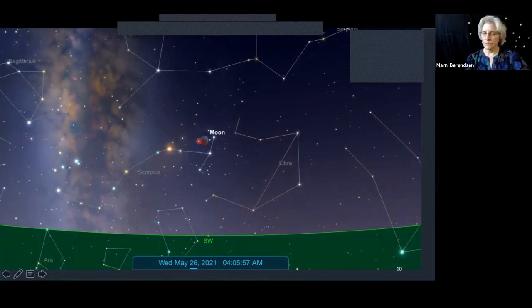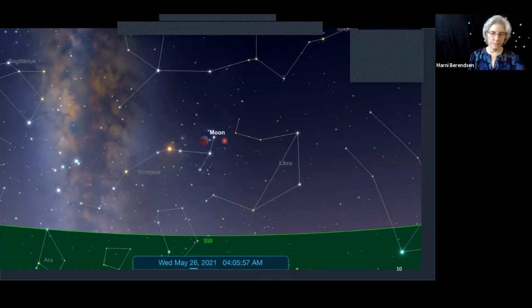You can see that the moon is going to be at almost precisely the same height just before totality at 4:05 as where the conjunction was above the horizon.